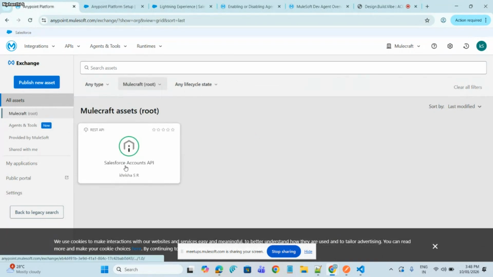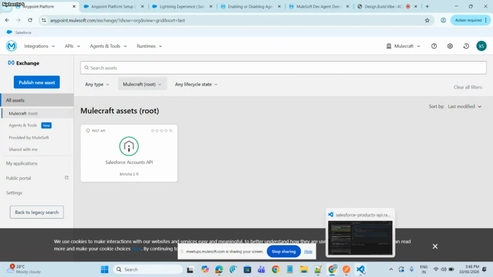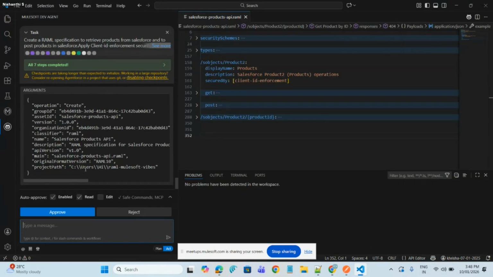See here, I haven't. This was published early in my morning. So when it is an API called Salesforce Accounts API, now we'll go and publish that. I just give approve. Before approving it, you can verify the group ID is correct and all the RAML name